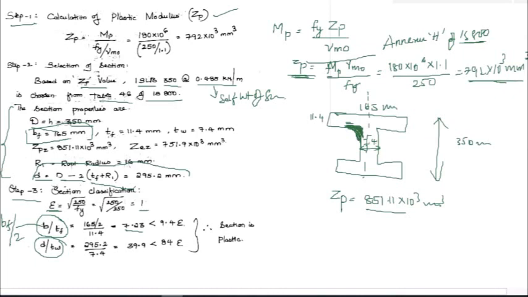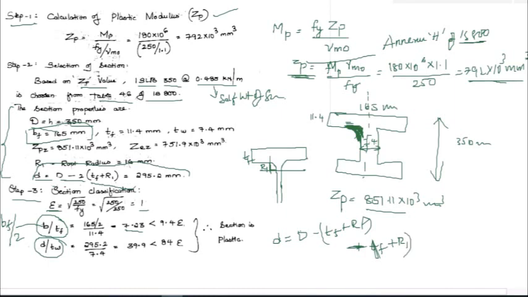You can see here a fillet. This is how an I section would be like. So this is how it is going to be. So this is nothing but radius R1 and this is tf. Since it is there at the top and bottom also, the depth becomes small d equals capital D minus 2 times (tf plus R1). So that is how I get small d.